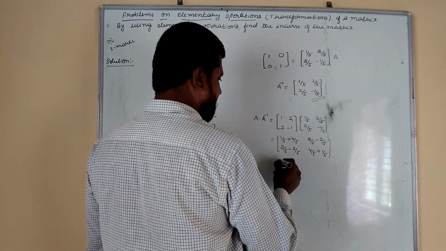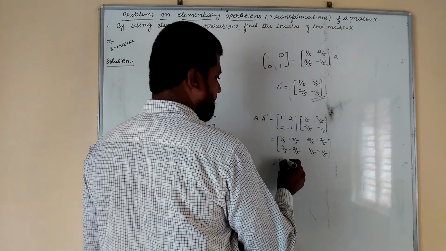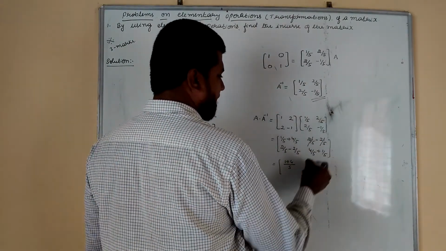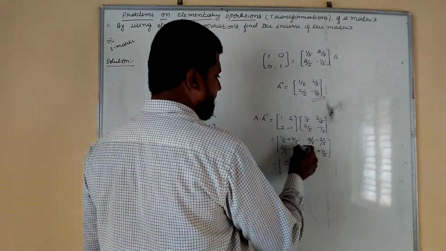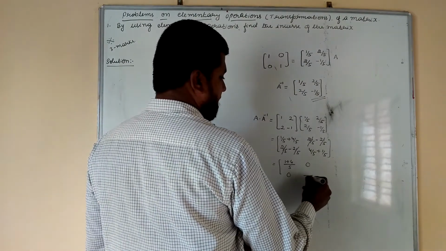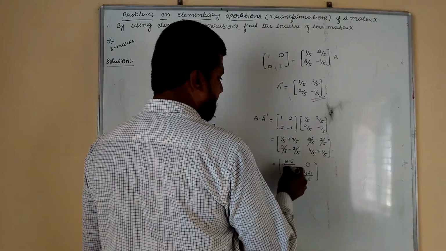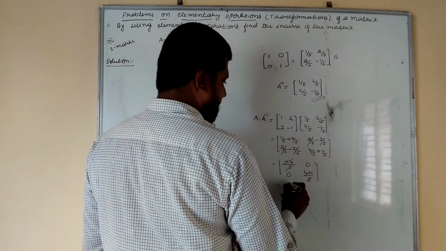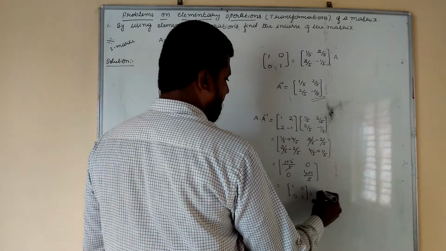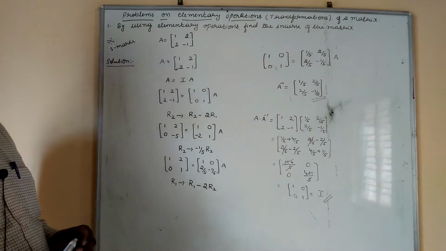So what are you getting here? The denominators are the same, so we can take LCM as 5. So 1 plus 4, then plus 2 by 5 minus 2 by 5 get cancelled, you are getting 0, plus 2 by 5 minus 2 by 5 getting 0, and 4 by 5 plus 1 by 5, the denominator is the same, so LCM is 5, 4 plus 1, then the 5 by 5 cancels, you are getting 1 0 0 1. So you are getting the identity matrix. So the answer is right, you are getting the 3 marks for this problem.